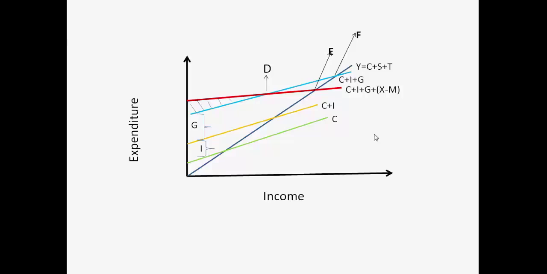So from this analysis we can conclude that when we include the effect of foreign trade, the national income which is derived is less as compared to the national income of a domestic economy, or we can say a closed economy. Fine, I suppose now you have learned how we derive the national income under the four-sector model and how we come to the equilibrium point.